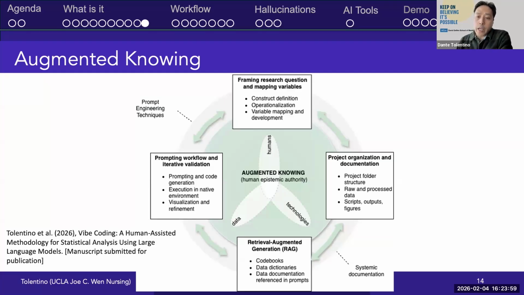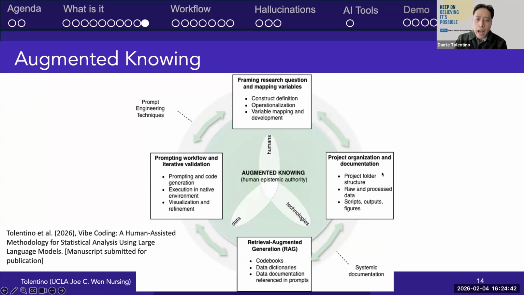And to do this, when vibe coding, we suggest several processes be embedded, and you can see that in the outer ring of this diagram. So here, you want to make sure that you have a clear framing of your research question and mapping of your variables when you're coding, as well as a clear data analysis plan. So nothing different from what you're doing now when you're traditionally programming or coding, right? You keep that process in place, but you're switching it. Instead of you coding it and keeping it in your brain, you're prompting your AI to generate a lot of this output.